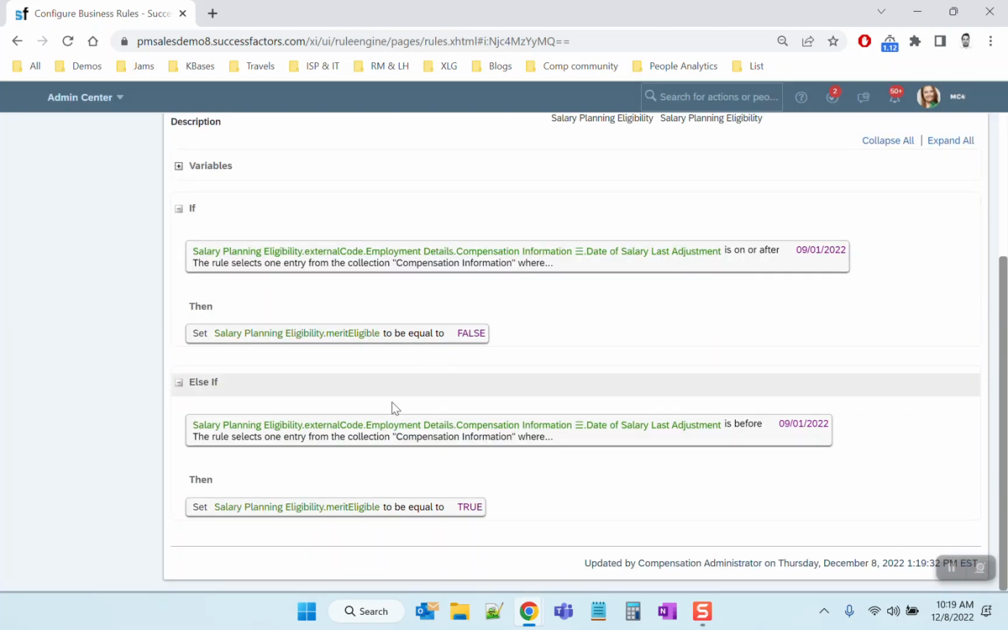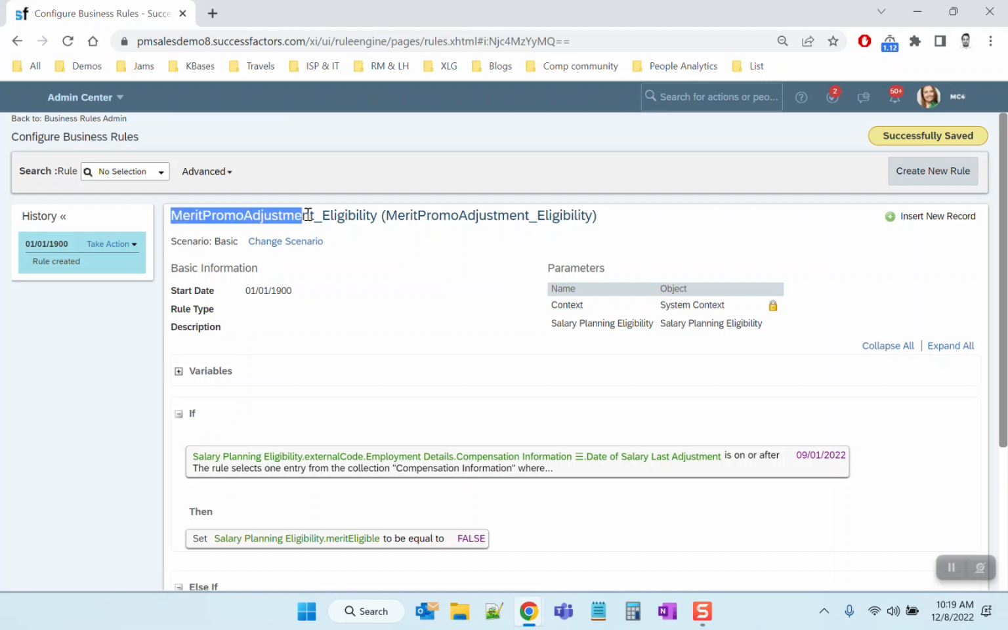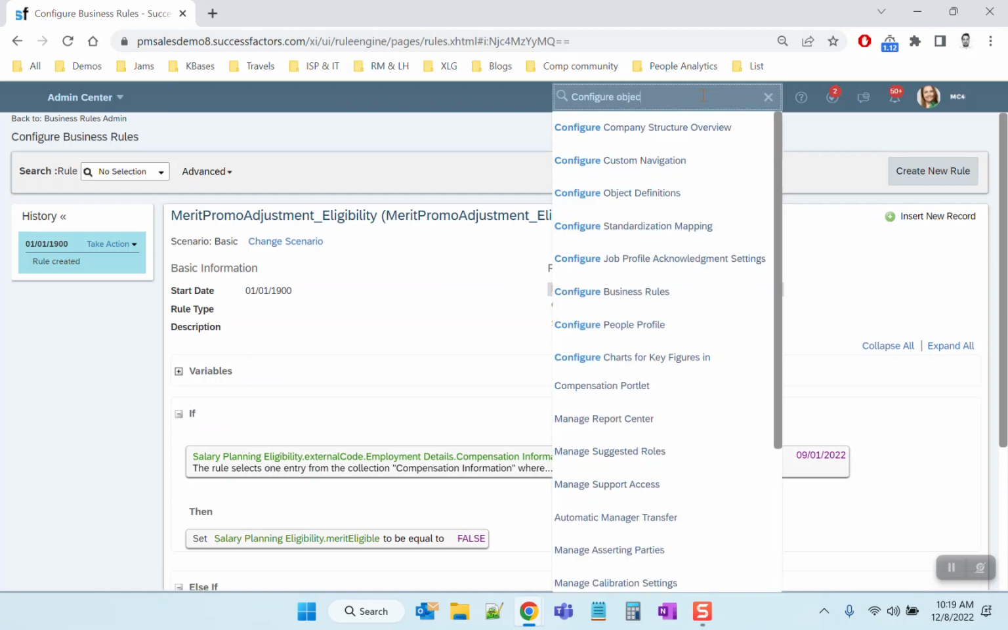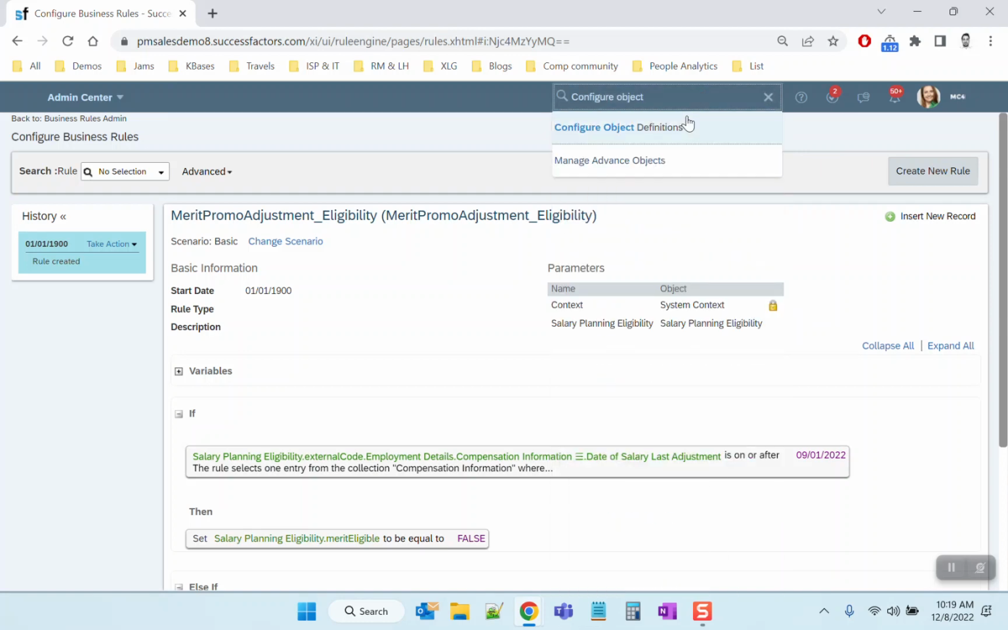Okay, so now that we have both our rules built into the system, how do we tie them to the object? And then in the very last step, how do we automate the feed of data without having to do any file import through Integration Center? So I'll show this now. So the first thing we want to do is tie these rules to the object we created that will drive eligibility. So we go back to configure object definition,